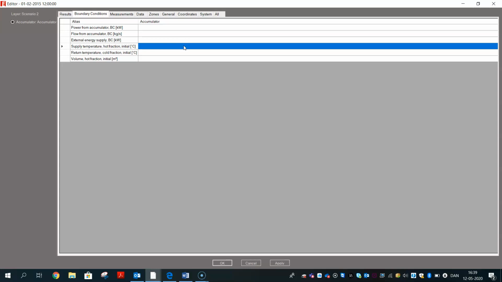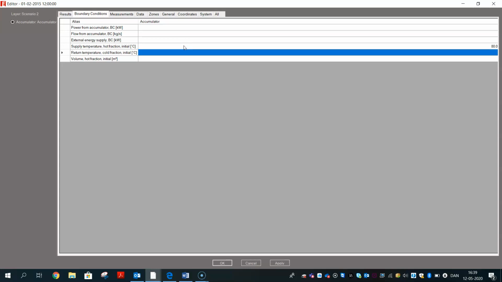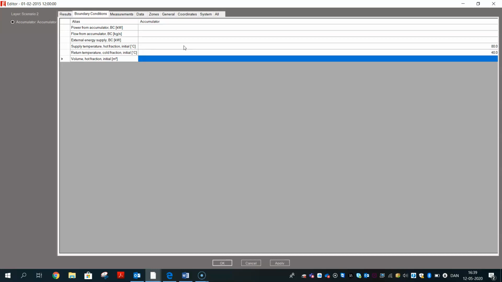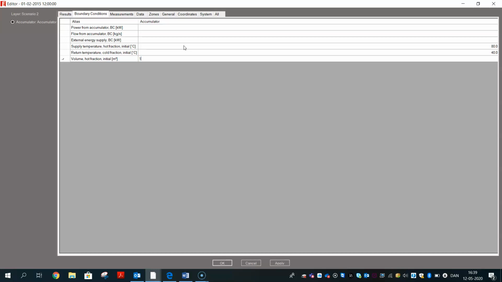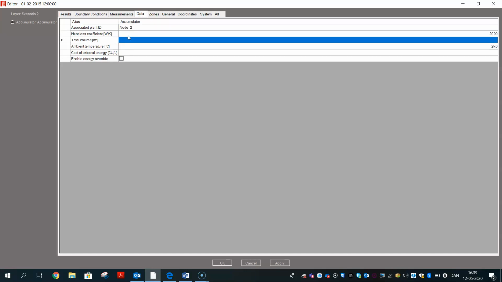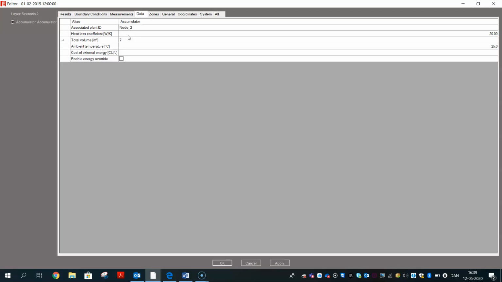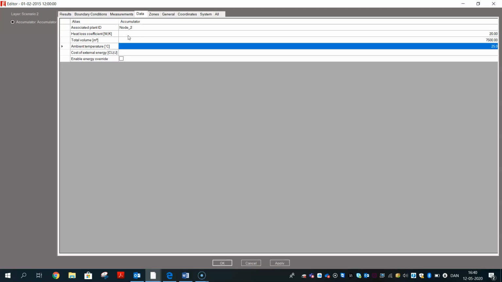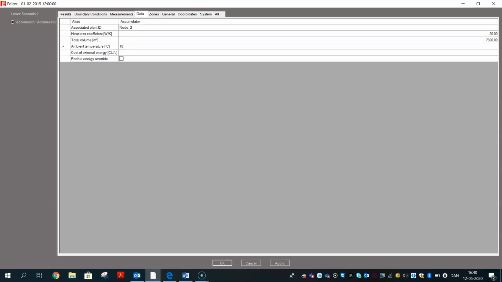A hot temperature and a cold temperature, and volume hot fractions in cubic meters, 1. No, let's see, we don't want to give it any information. Let's go to data, and we have the heat loss, total volume, the outside temperature,